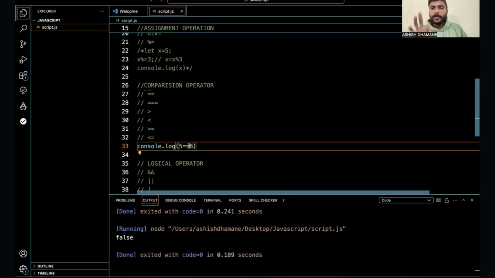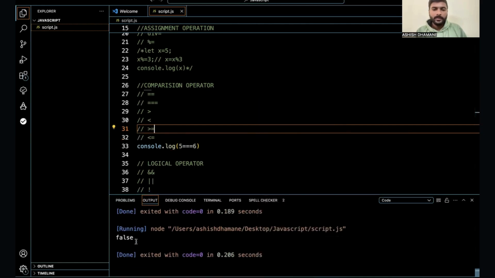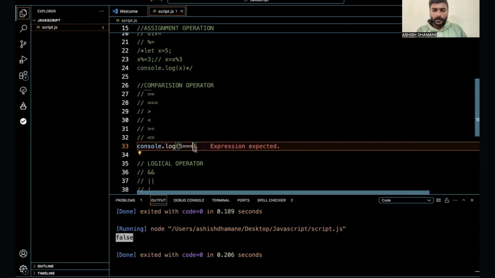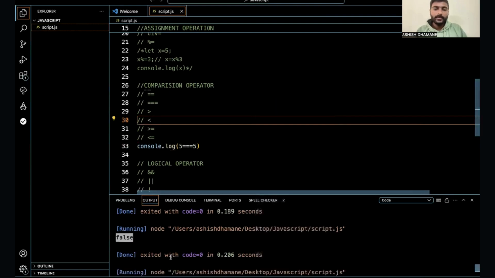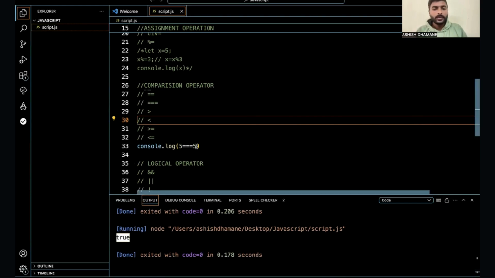When it comes to triple equal to, here it checks the values as well as data types, right? So if we console it now, we'll get false because 5 is not equal to 6, as we know. And we'll check for 5 equal to 5. 5 triple equal 5 is true because the value of 5 is equal to the value of 5,